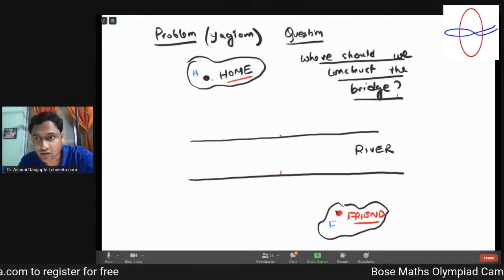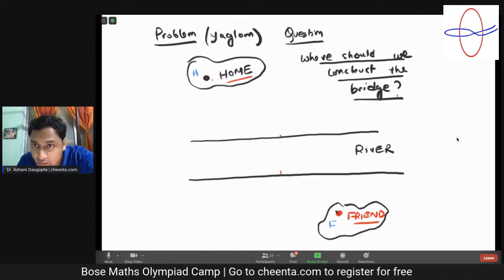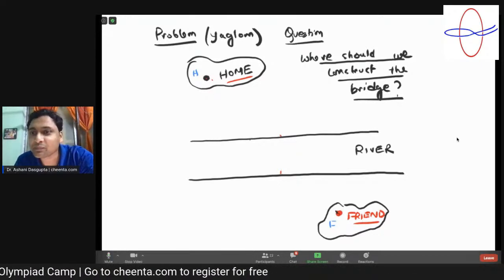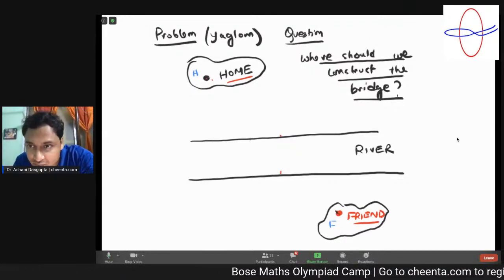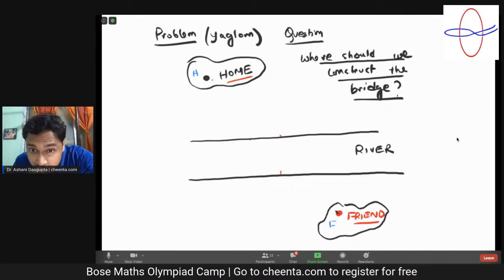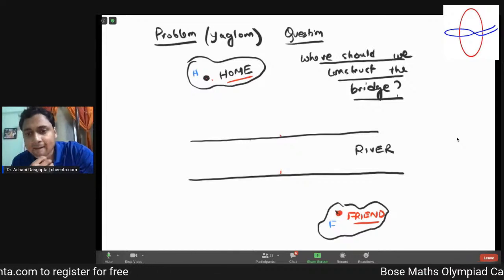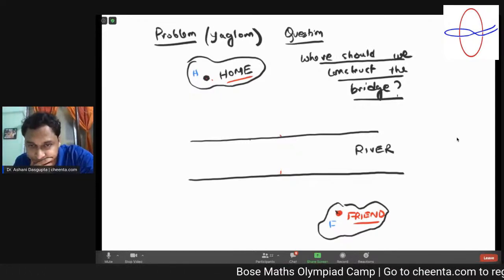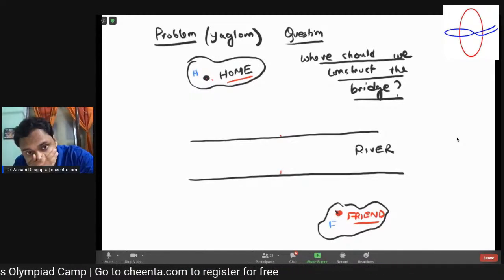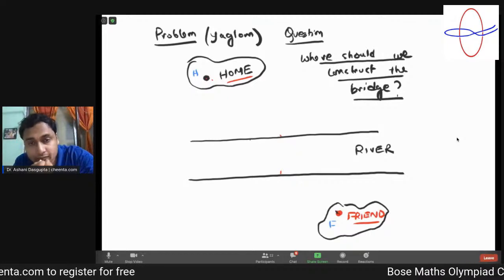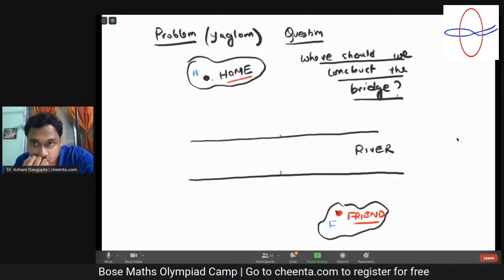Sir, I have an answer. Okay, someone has an answer. Go ahead. Who is it? What is your name? Sir, Arjudip. Okay, go ahead, Arjudip. Sir, if we consider the river to be two parallel lines, and my home and my friend's home to be 2 points, then the line joining the points is the shortest. But as it is diagonal, and in the question it is said we should give a vertical line in the bridge, so as it is the hypotenuse in a right angle triangle, the perpendicular will be the shortest.